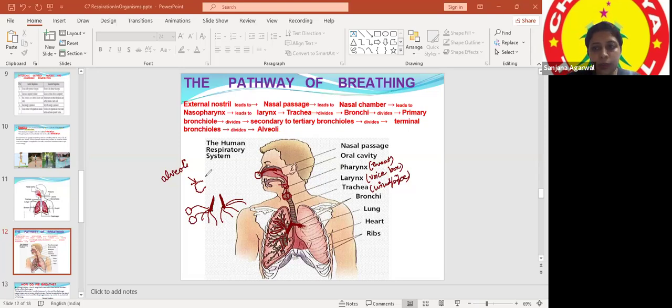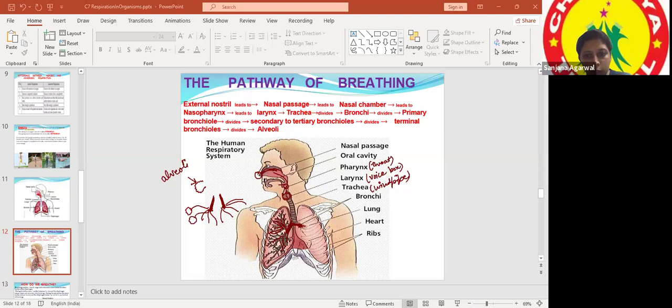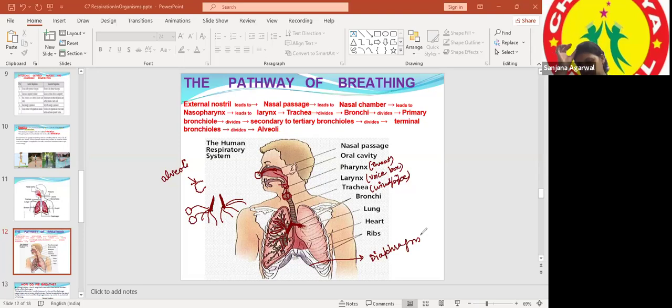Is it fine? Yes, ma'am. That is the basic of all about breathing, and one part which is not mentioned, you can just label it out. This area is known as diaphragm. Ma'am, it was given in the last one. Okay, fine. So this diaphragm is a breathing muscle. When we inhale, we take in the air, so with the pressure of that air it is pressed down or flattened, not so flattened but a little bit, and when we exhale we throw out the air, it again gets back to its same position, this curved position like it is shown. Fine.